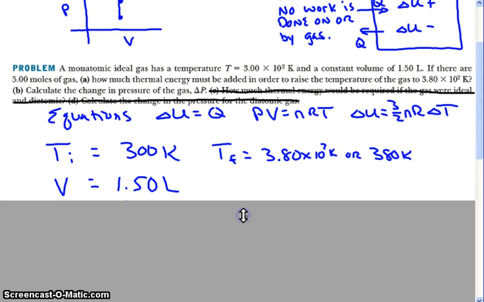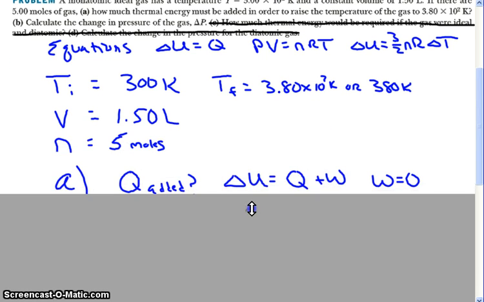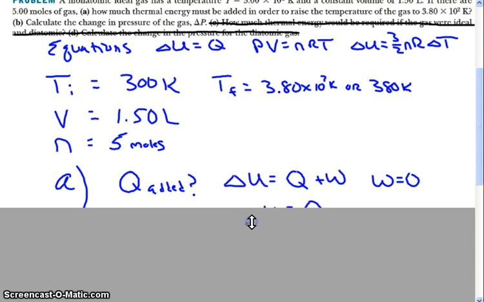Start by writing down our knowns and unknowns. So here's our initial temperature, here's our final temperature, here's our volume, which remains constant. We've got 5 moles of the ideal monatomic gas. They want to know how much heat must be added. So we know that the work done is going to be 0,